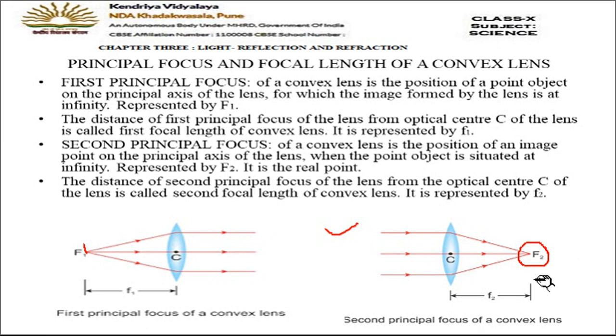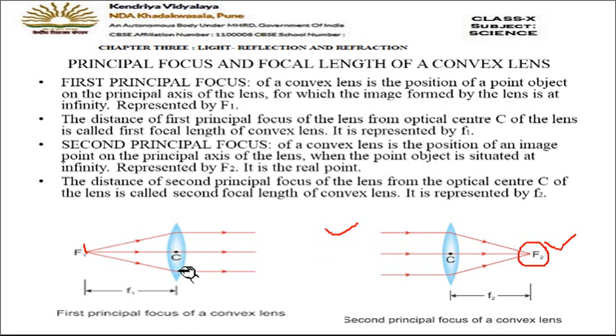Why are we saying it is the position of image? Because now the rays are actually meeting. Just look at the direction of the light rays. From here the light rays are arriving and they are going straight, so they will meet somewhere at infinity and the image will be formed at infinity. So this is the position of the object, and here you can see some parallel rays are coming from infinity and they are passing through the lens, and then they are meeting at one point f. So this is the second principal focus, and you can see this is the center of the lens.